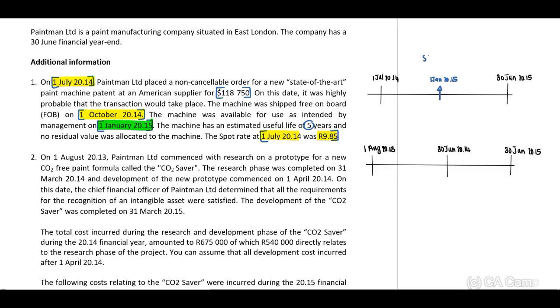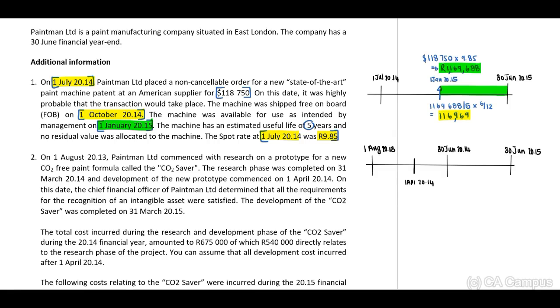Therefore, 118,750 times 9.85. And our cost will be 1,169,688. And our depreciation for the period 1 Jan 2015 till 30 June 2015 will be an amount of